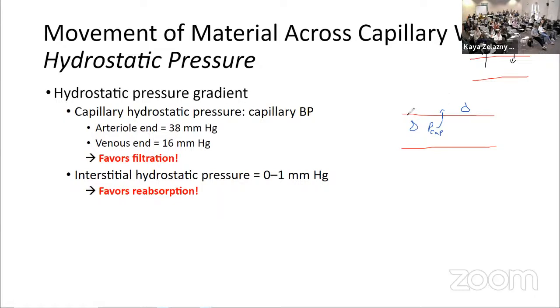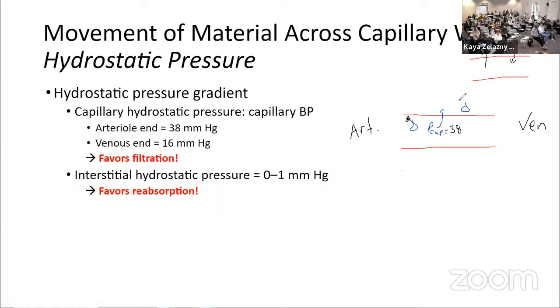Okay. At the arteriolar end of a capillary, we have our arteries on one side, arterioles, and we have the venules on the other side. So we're talking about like here. We do have a difference in the pressure, a delta P, a difference in pressure across the capillary, which is why we can have flow through the capillary. We need a pressure difference in order for flow to exist. So at the arterial end, we're going to have a pressure PCAP of 38. But as we lose fluid, because we are going to see that at least at the arteriolar end,